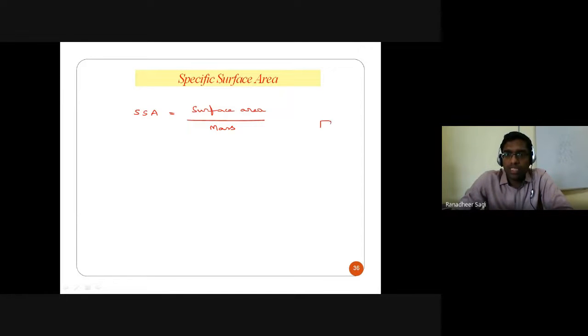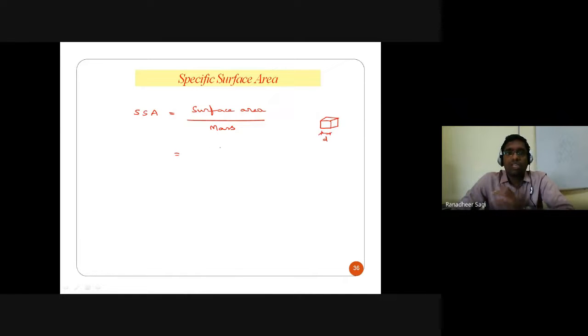Let's say, for example, I am considering one soil grain of cubical shape. Exactly speaking, you don't talk about a soil grain which is cubical in shape, but I am approximating. Let's say the dimension of this cubical element is D, the width of that cubical element is D. If I want to calculate the specific surface area of this cubical element, we will get an idea of how, if the dimension of that particle is so and so, the specific surface area is subsequently affected. So what is going to be the surface area of this cubical element?